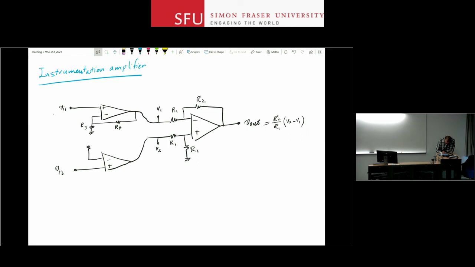So the two buffers that you had at the input, if you need the gain, you can actually get some gain from them as well. Just use a non-inverting amplifier instead of a regular buffer. And in this case, what you can see is that the output voltage is going to be proportional to the difference between the two inputs. Good news here is that if there's any common mode signal between these two, it's going to be rejected by this topology, right? So if V1 and V2, so let's say if VI1